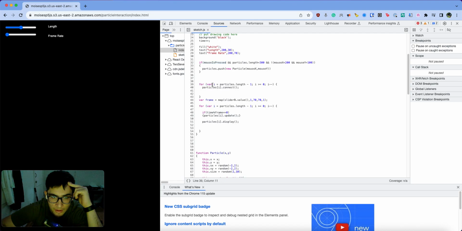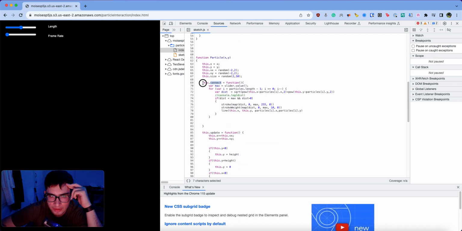So for i equals particles length minus 1, i greater than 0. This is a loop that starts at the end of the particles and goes to the beginning. particles[i].connect. What does this do? It does .connect, which I believe is a function here. So for every particle, do .connect. What does .connect do? It gets the